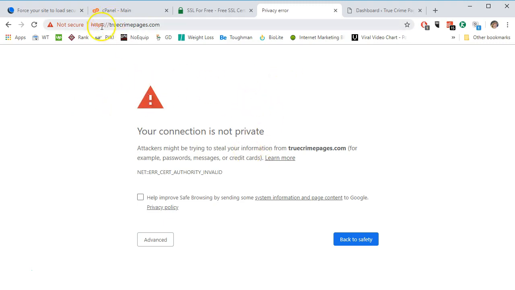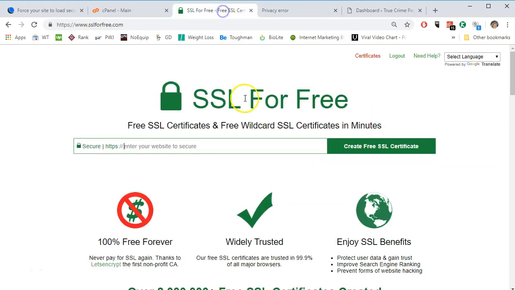As you can see, I tried to access the secured version of True Crime Pages, and it tells me that my connection is not private. Attackers might be trying to steal information, for example, passwords, messages, or credit cards. So in order to get rid of that nasty message, we're going to go to